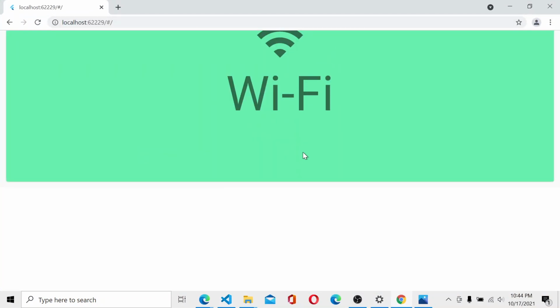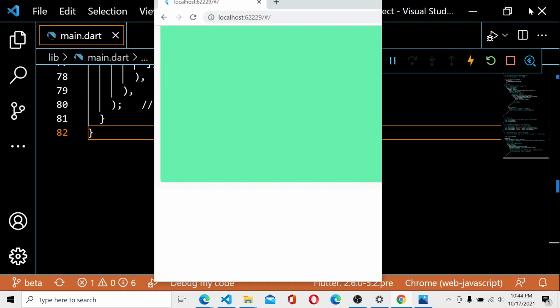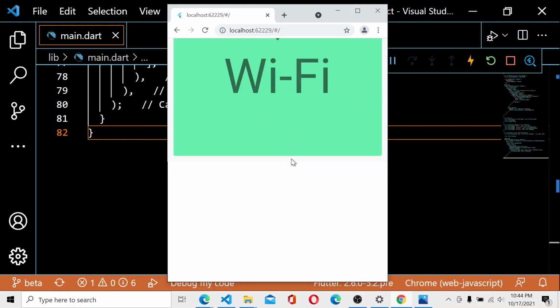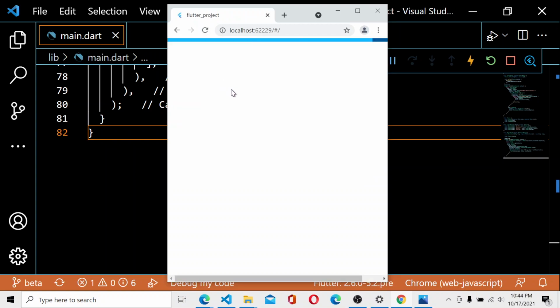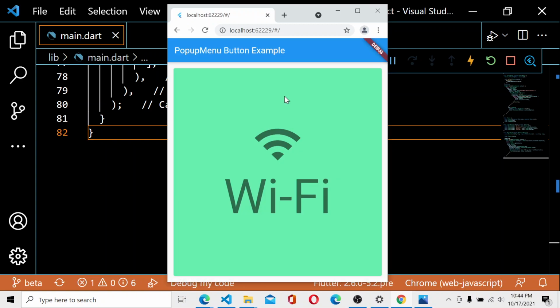Oops, sorry. That was a layout problem that occurred over here. So if I press over here, right click on Wi-Fi, Wi-Fi will be shown.